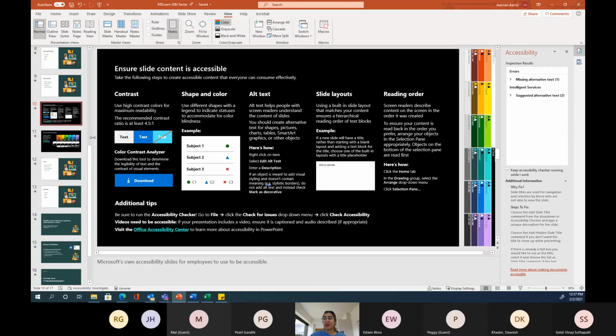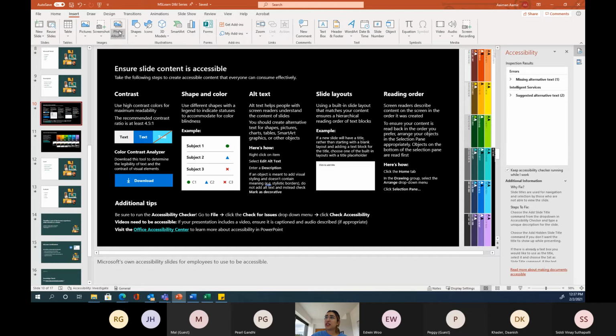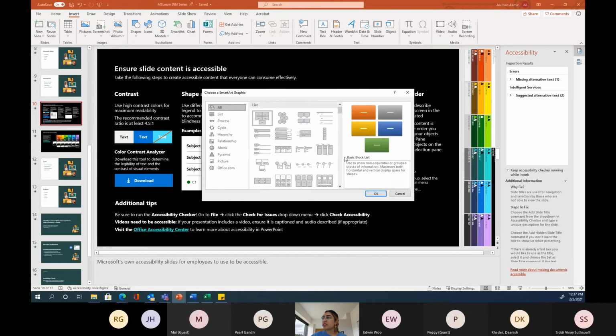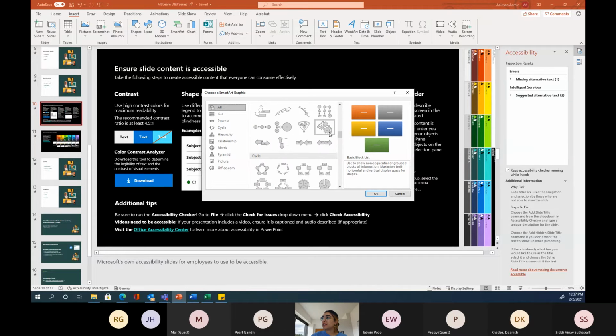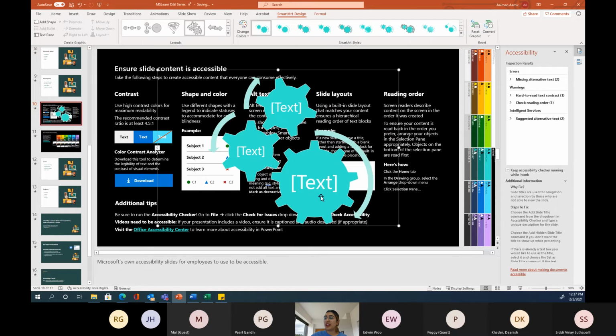There's really no rule of thumb for it. It's kind of iffy. You don't know if it'll come up or not come up in a screen reader, which is confusing for folks. So anything that's simple and easy to follow is great. SmartArt, like we chatted about earlier here. If you use something really complex like this, it can be really hard for anyone to follow. Like, wait, are we reading this one first, this one second, this one third? It's kind of complex. It's best to just keep it straightforward